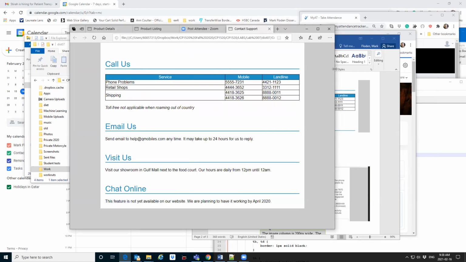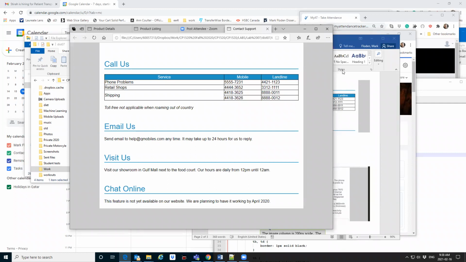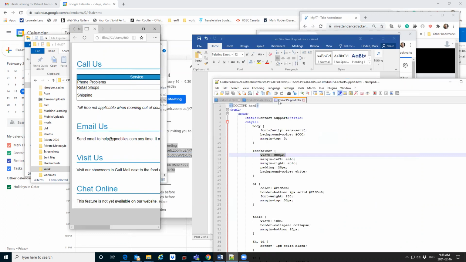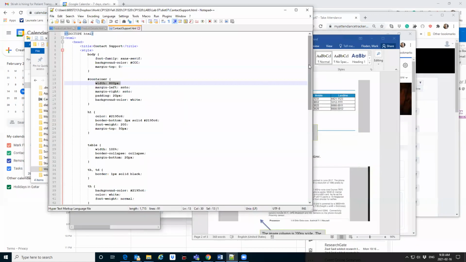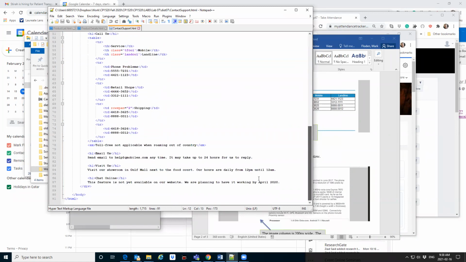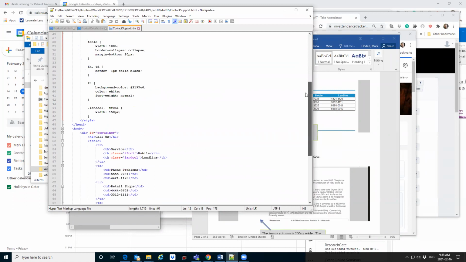With the 800 pixels wide, notice when I change the width of the window, none of the details of the table or anything else is being affected by that. We just lose it off the side there. That's because we've set it as a fixed width. So that's what we're doing there. How that is achieved, and I'm showing you in Notepad because it seems like in our tests we're going to be using Notepad, is by putting a div around everything and then setting the width to a number of pixels. Now 800 pixels is most of